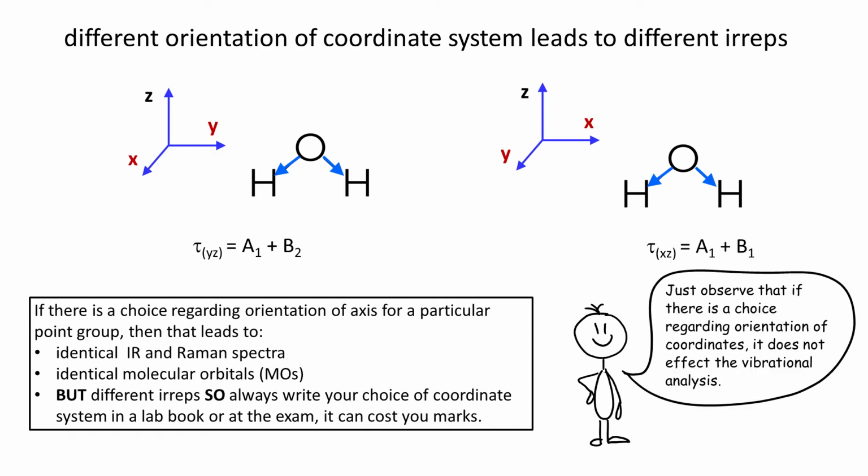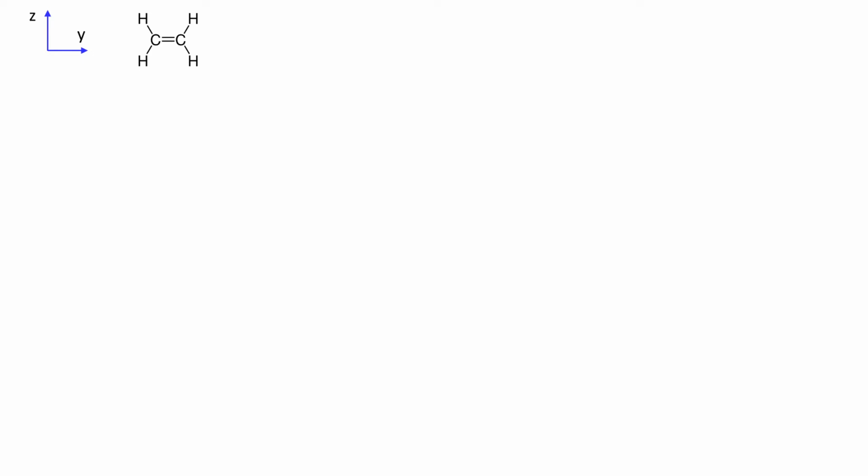And by the way, this video might seem like a jump into deep water because I will be doing some stuff that we have not spoken about yet, but all I would like you to do is to look as I am solving problems using different orientation of coordinate system and observe that it does not affect vibrational analysis. So first, let's place ethene in a ZY plane. Let's place vectors along the CH bonds, since we are only looking at the CH bond stretching vibrations,